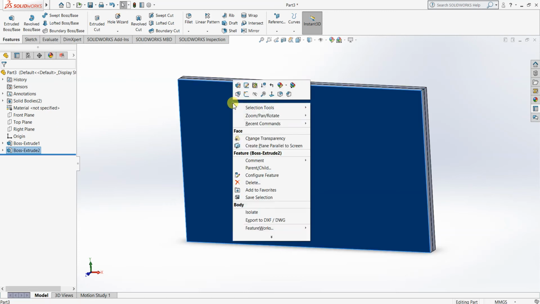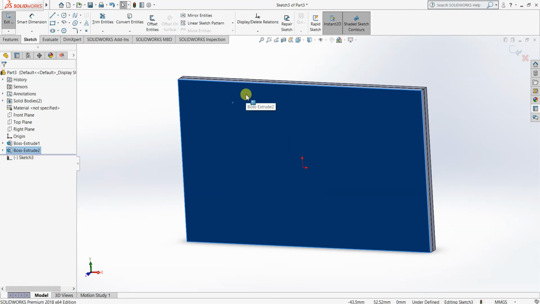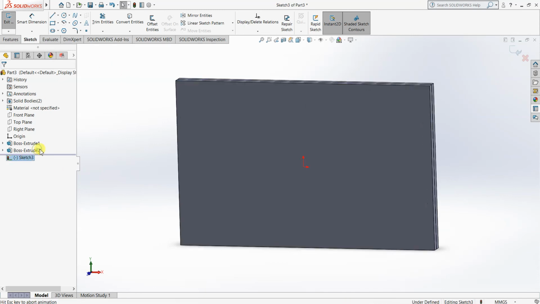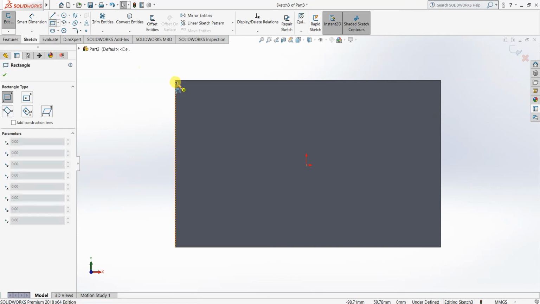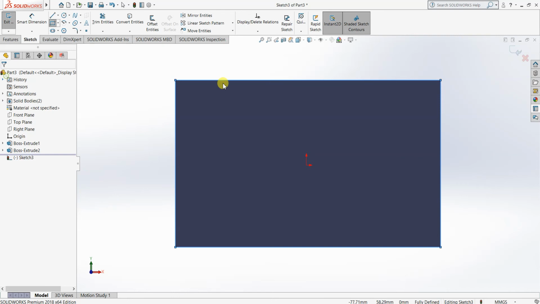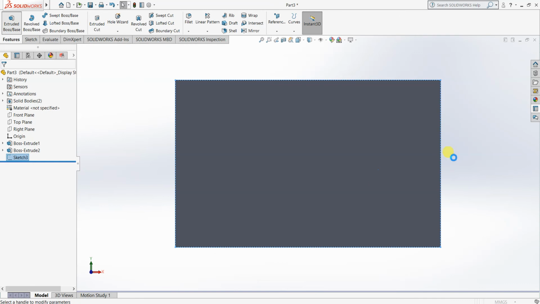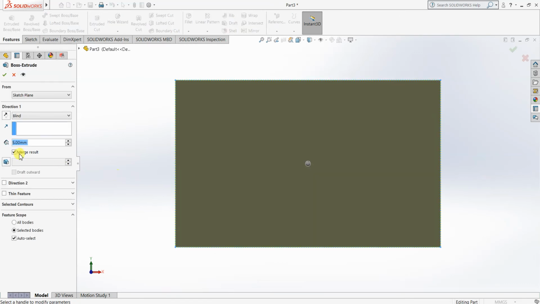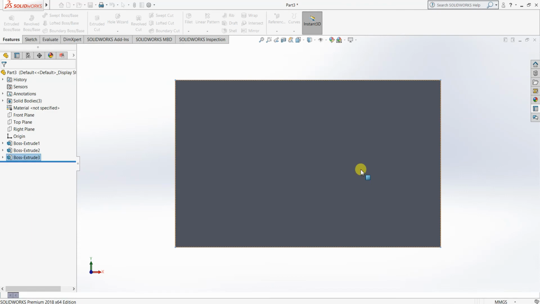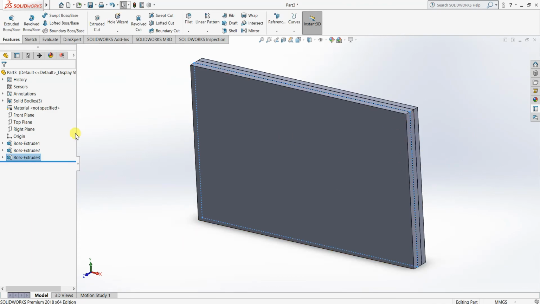I'm going to make this the plane for the third plate. I'm just setting this to default view. I'm drawing the third rectangle over the same layer previously drawn. Exiting the third sketch for extrusion. I'm extruding it, unchecking the merge option. Okay, we have three rectangular plates layered over each other.